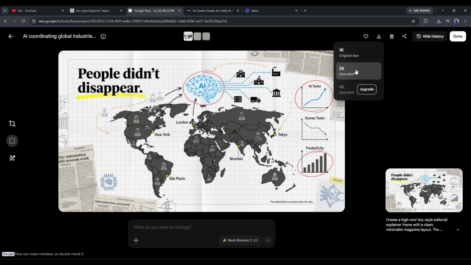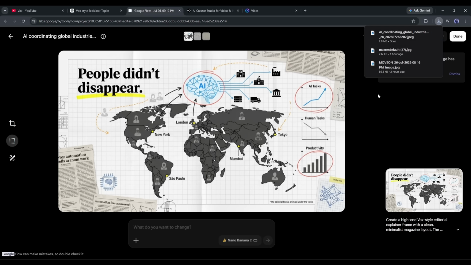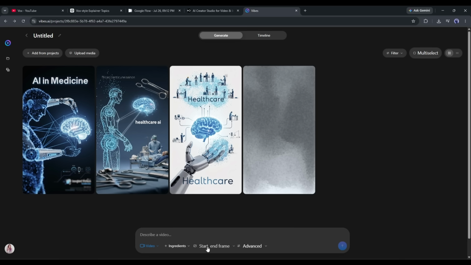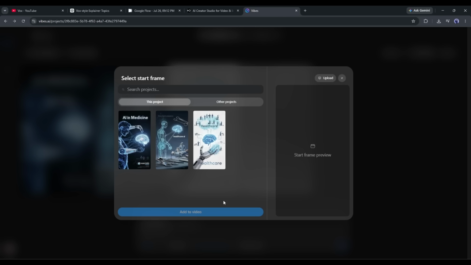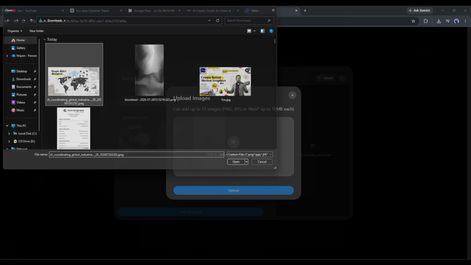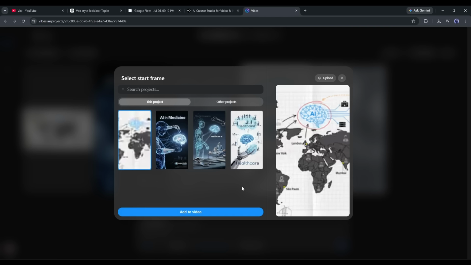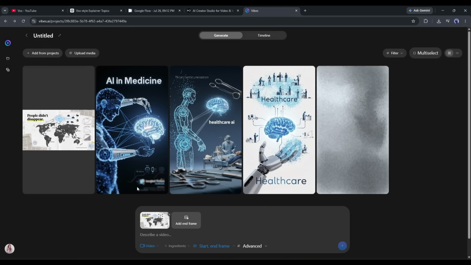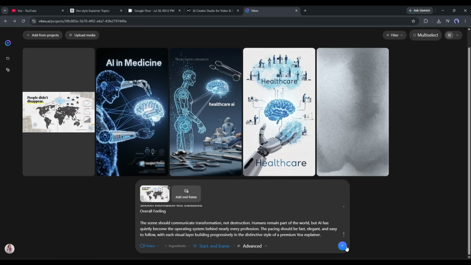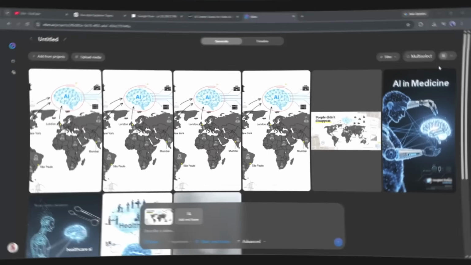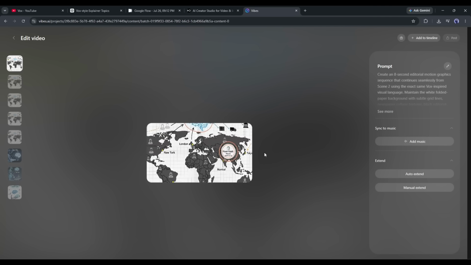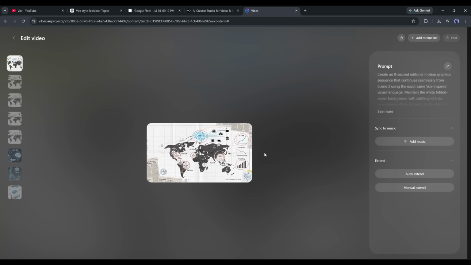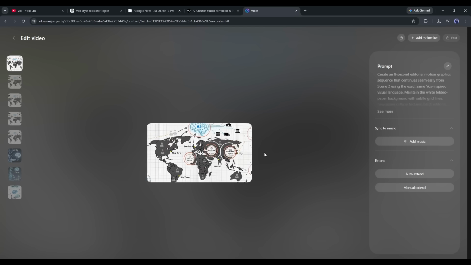Now, save the image to your device. Once done, come back to Vibes AI. Select the start and end frame, and then click on Add Start Frame. A pop-up will appear. Now click on the Upload button and then upload your image. Once the image is uploaded, add the image to the first frame. Now enter the prompt and then set all other settings and then generate the video. And here it is, the video is ready. So, now we can create video in landscape ratio also. So, now following this method, you can create all other video clips and make the final video.